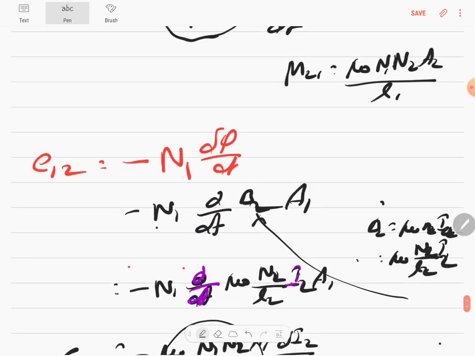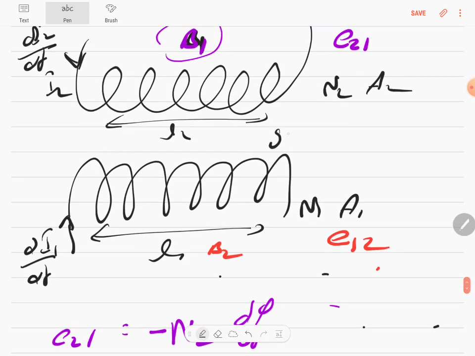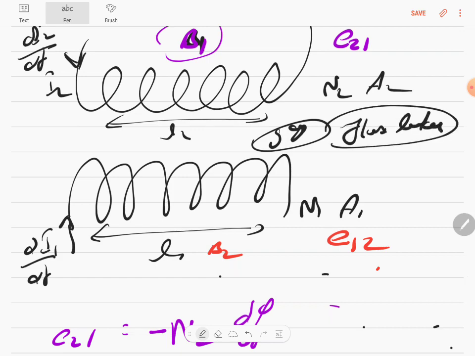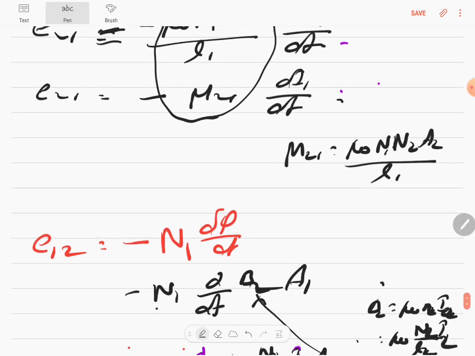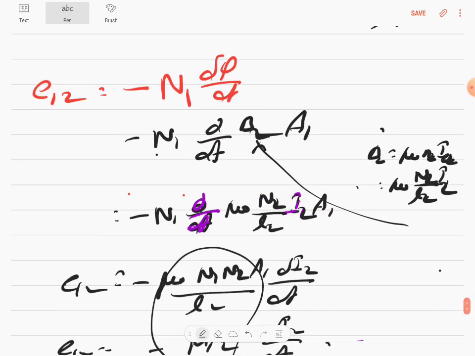Now I am going to teach you something. There is a gap between the two coils, which means some flux leakage can occur. So in order to prevent the flux leakage and induce a maximum EMF, you have to couple one coil over the other. Okay, before which I will tell you,